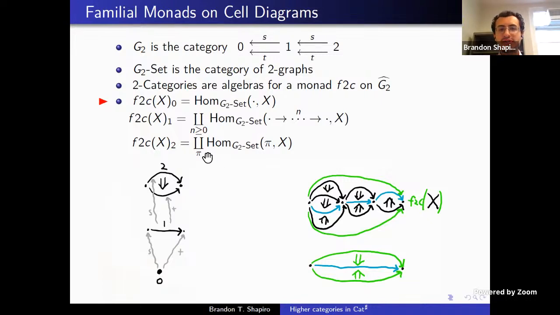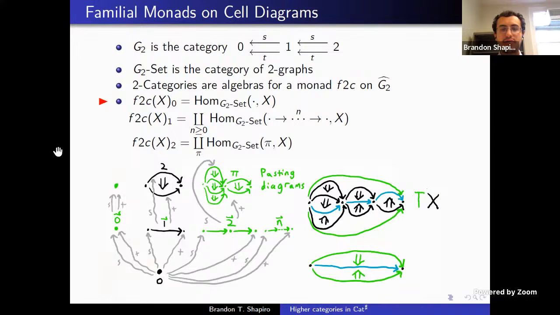But now for two cells, things get a little more complicated. Like we saw down here, we had these sort of many different types of diagrams that could compose into a two cell in the example. And so I'm sort of just going to index those. I'm going to call each of those shapes pi